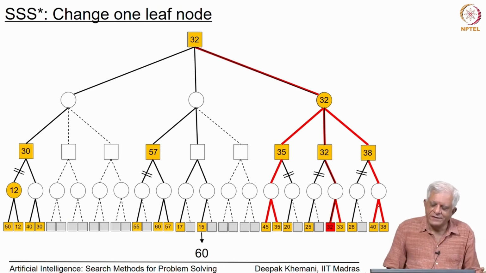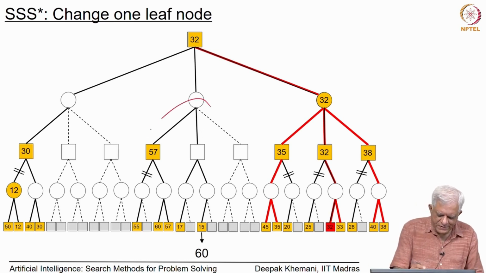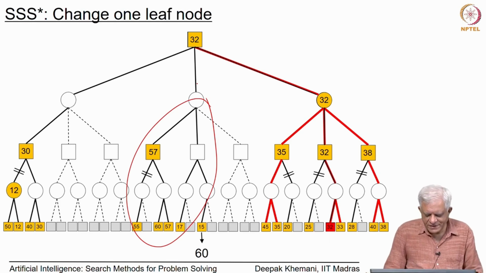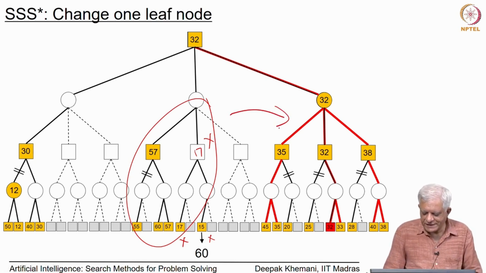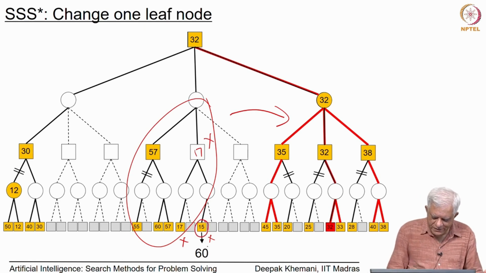Let us just see how changing one value in the tree that we examined changes the way SSS star performed. Now, you will see that SSS star had initially focused on the middle subtree, but at some point, because it ran into this cluster which is a value 15, this whole thing reduced to a value of 17 here, and then it lost interest, and these two clusters kind of languished away at the back of the priority queue, and it shifted its attention to the right side of the tree eventually after exploring a little bit more on the left, and then found a solution on the right side of the tree. So, let us see that if we change this value of 15 to a value of 60,